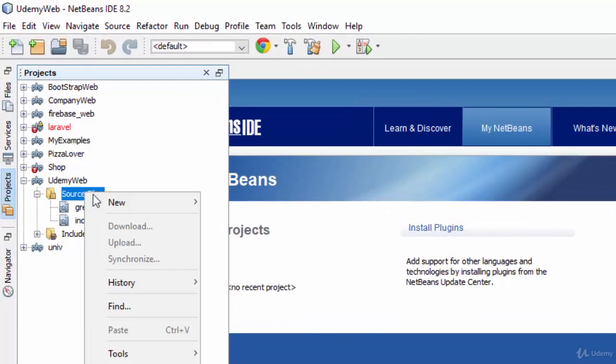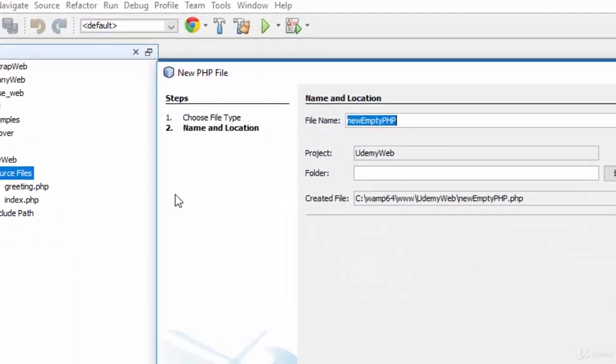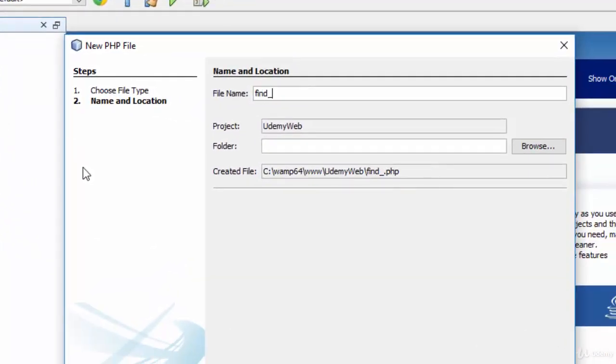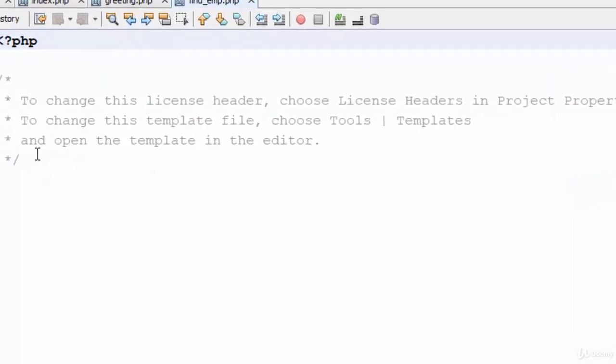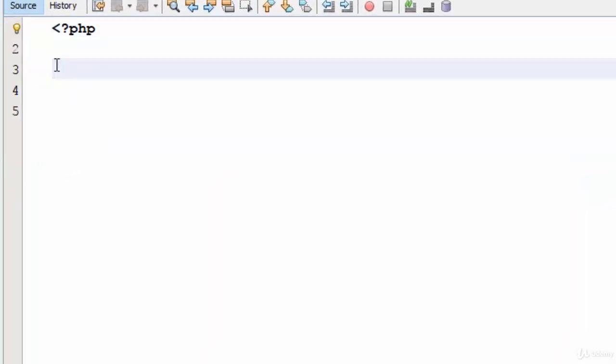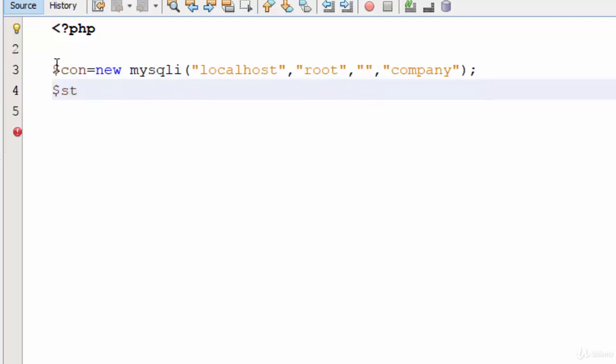Here we are going to add another PHP file which is called find emp. As we have talked in the previous videos, to make a connection with the MySQL database, we are going to create an object from the mysqli with localhost as server, root as default username, empty password as default password, and the database name which is company. Then we should add the statement